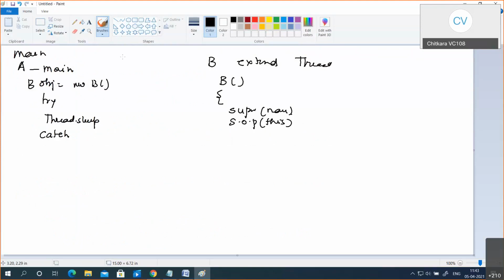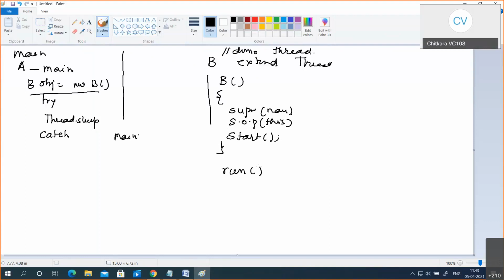Till now, what is happening? The main thread is working. So when this line was called, control came over here and this was executed. The thread has not started, the thread is only created. That thread was demo thread. It is only created. As soon as I make a call to the start,